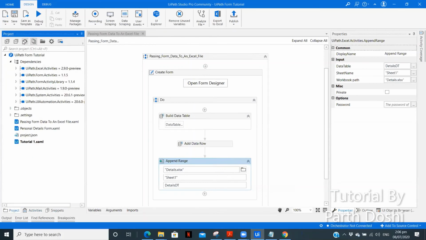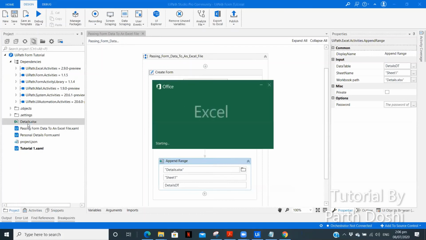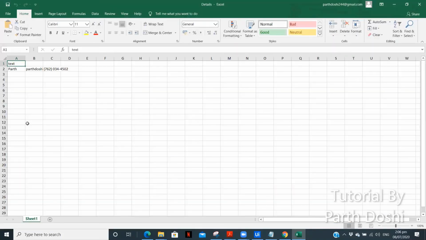Let's check. We have the Excel file. Yes, we have that. Let me open the Excel file and check whether we have the details in our Excel file. Yeah, so we were okay.